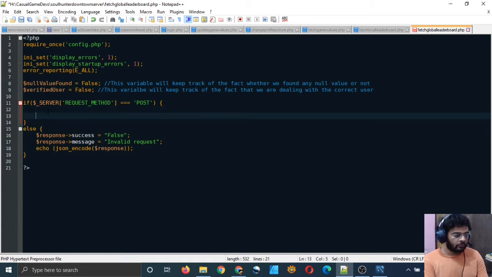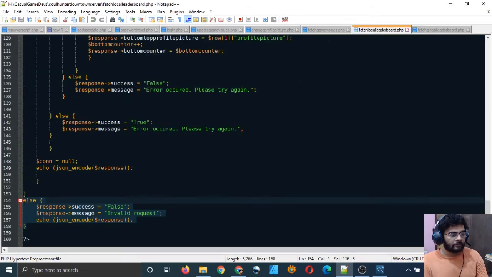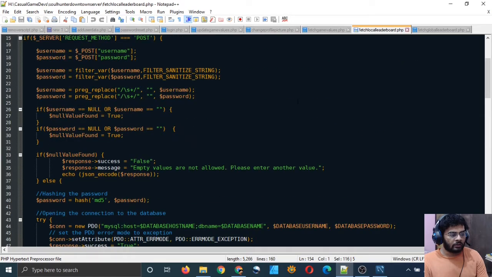And that's good. Now to fetch the global leaderboard, what values will we receive from the user? We will only receive username and password, right? And no other value.